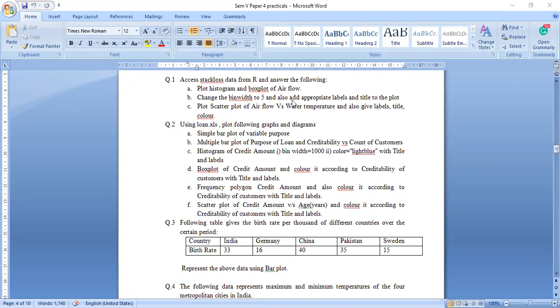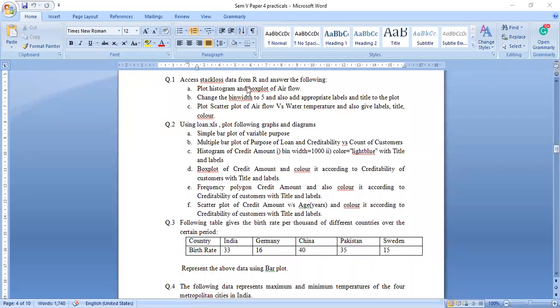Also add appropriate labels and a title to the plot, meaning you make labels like x-axis, y-axis, and give the title. We have studied what the title is. Then plot the scatter plot of airflow versus water temp. That means these are two variables; you can call one x and the other y. Also give the label, title, color.